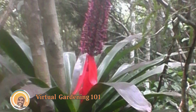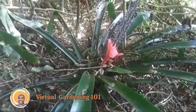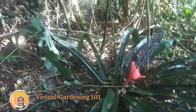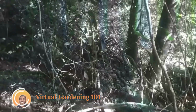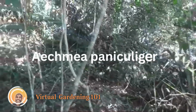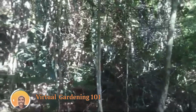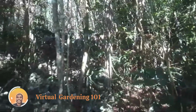Well, it was not until this afternoon when I saw this one in bloom in another area that I decided I would create this feature. For those of you who are not steeped in the plant identification thing, yes, this is a bromeliad and we call it wild pine here in Jamaica. This one is botanically known as Aechmea paniculigera,